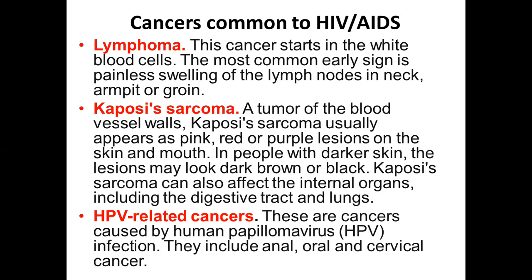इनका पास जो Kaposi sarcoma है उसमें क्या होता है कि it's a tumor of the blood vessel wall और usually appears as pink, red or purple lesions on the skin and the mouth. And in people with a darker skin, it's more important. इसी तरह से थर्ड जो कैंसर आ सकता है वो जो ह्यूमन पेपिलोमा वायरस से रिलेटेड कैंसर्स होते हैं, राइट? उसको हम HPV वायरस कहते हैं कैंसर्स। और इसमें हमारे जो पेशेंट की इन्वॉल्वमेंट होती है एनल, ओरल और सर्वाइकल